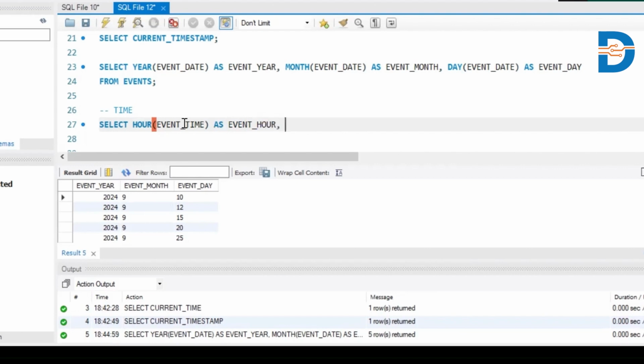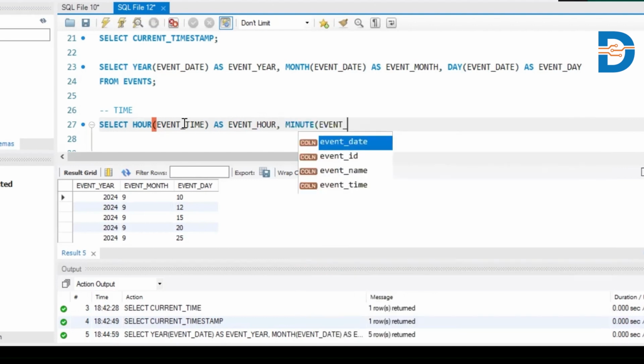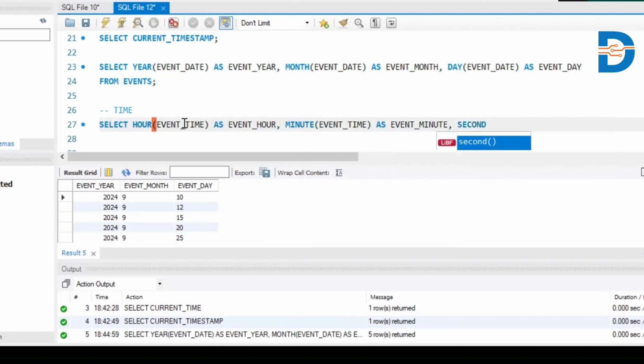I want to extract minutes also, from the event time column, and I'm giving the temporary name event minute, comma, one more, second, from the column event time